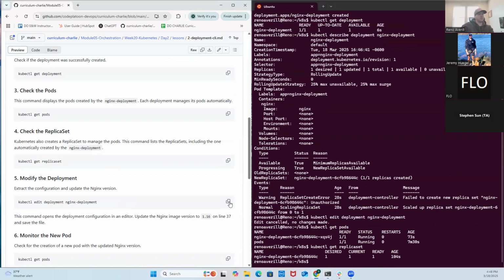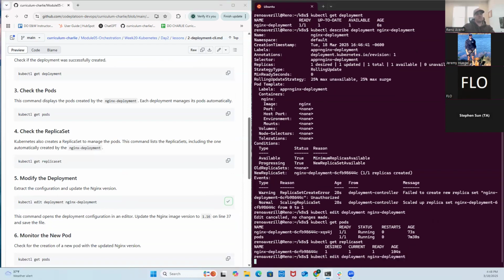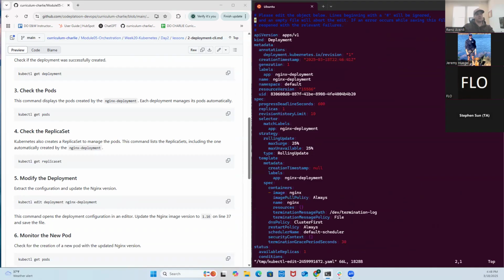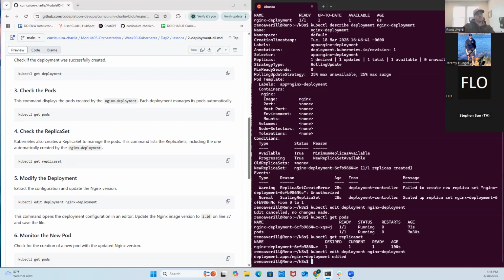So yeah, let's actually go do that. Let's just go ahead and go edit our deployment. And we'll change our replica count to 3. Okay, that is now saved, and let's just redeploy that. So kubectl,